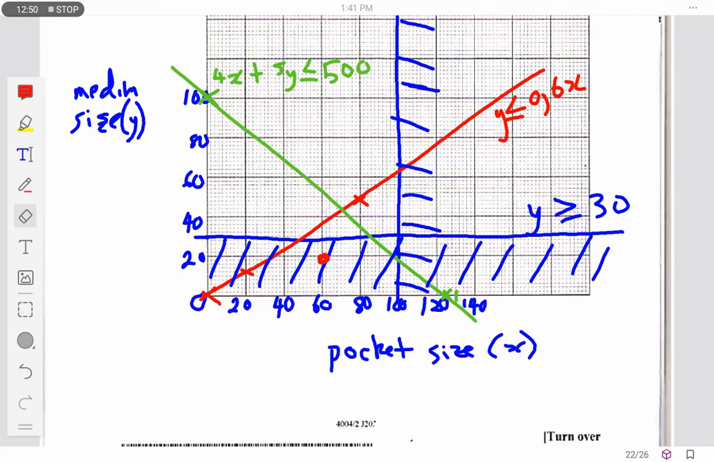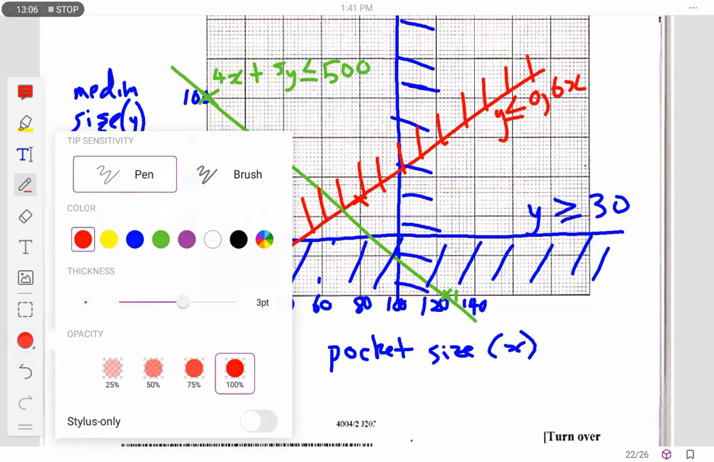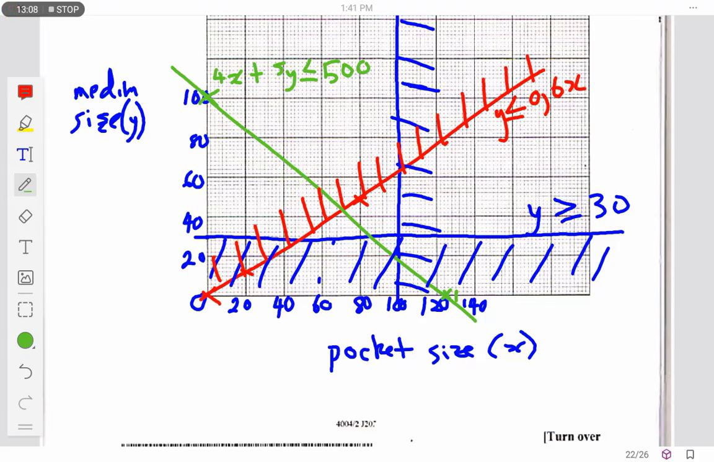Okay. So for shading for that one, I'm going to have it this way. Let me show you. This is my unwanted region. Okay. I'm done with that one. Let's go for the green one now. For the green one,